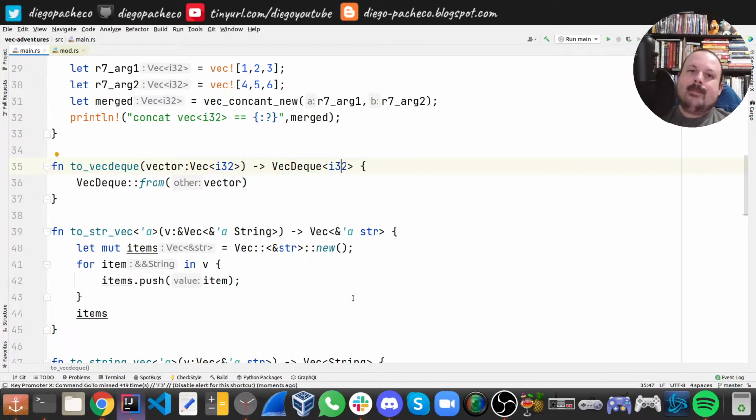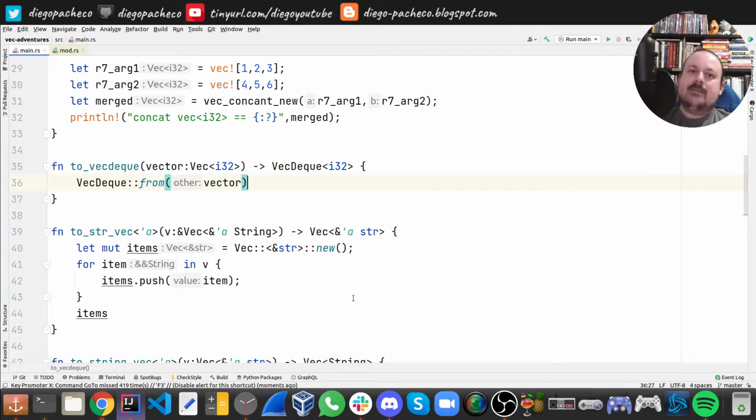So basically, in other words, we are creating a queue, and we are using a vector to populate this queue from the vector, right? And to do that, we just do